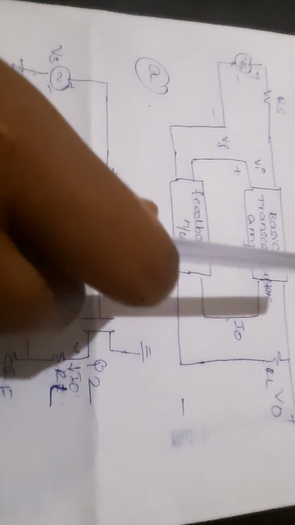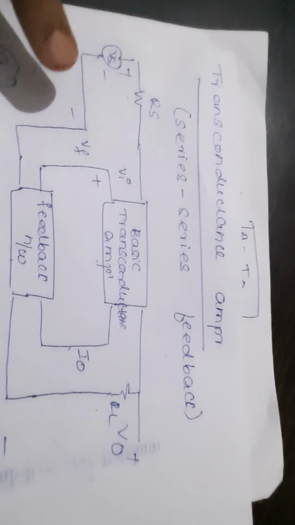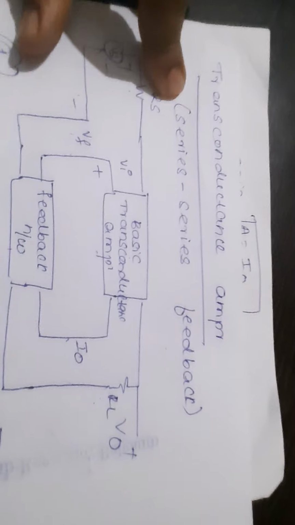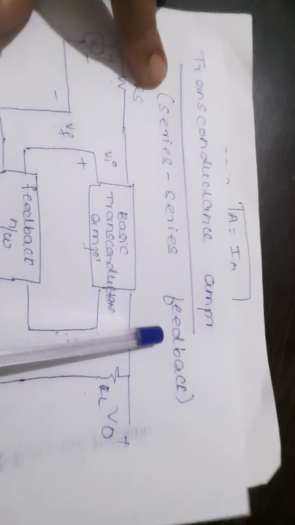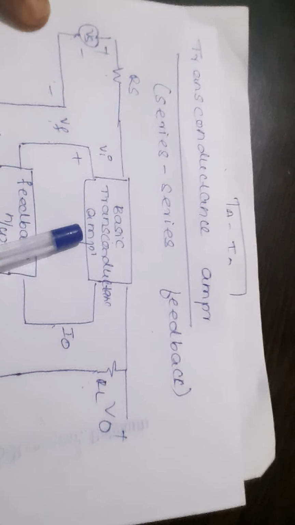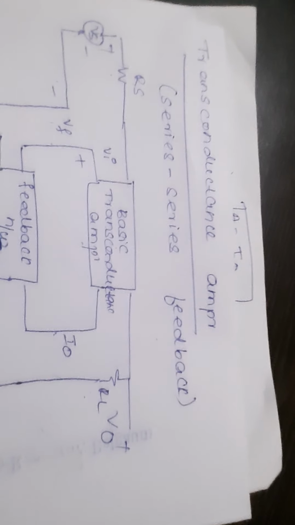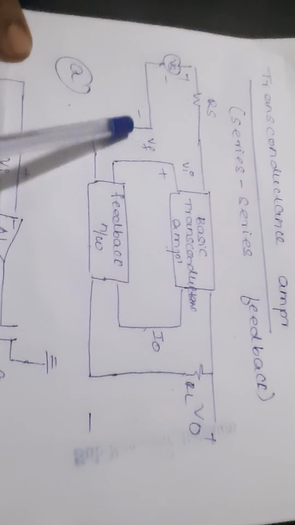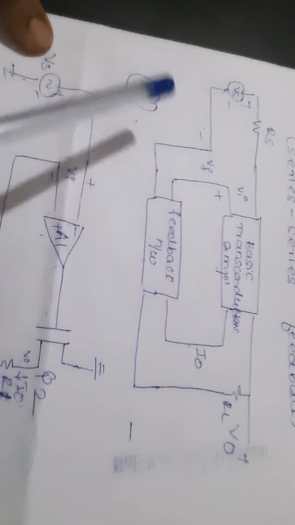The first point is the transconductance amplifier is also called the series feedback network. Second point, it consists of a basic transconductance amplifier and a feedback network. The role of this feedback network is to feed the output back to the input, which will generate the Vf. Now, the third point is,